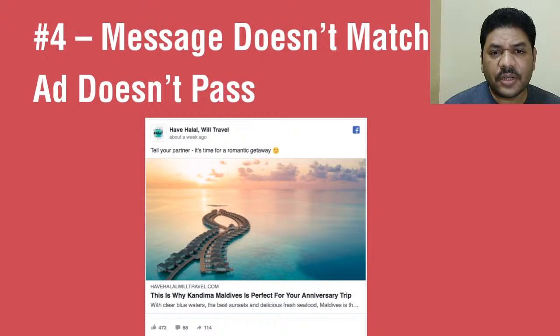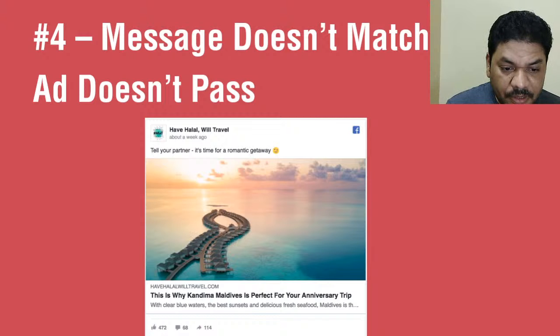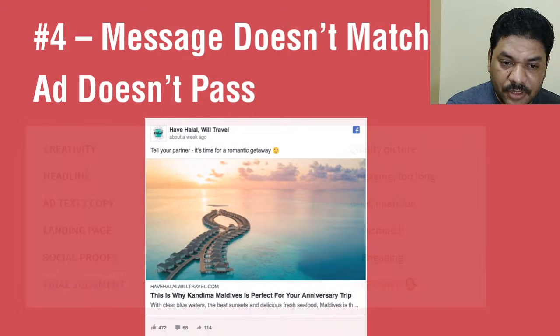Somewhat confusing, because the message does not match, does not pass. Tell your parents about the romantic, but it's about the Maldives villa. The content is mismatching. Let me see what happened here. It hasn't even got likes. I think that is going to happen.